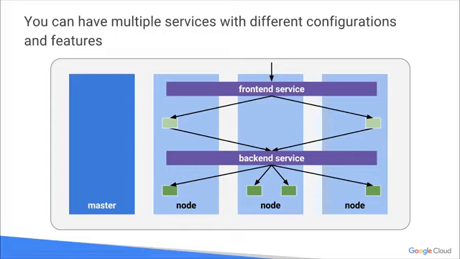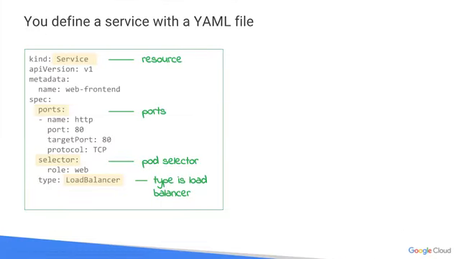They run with usually a load balancer, Google Cloud Load Balancer, which will let you detail what GCP API you use. Again, a definition in a YAML file will tell you the resources, the pods you'll be using, and then the pod selector, and then the type of load balancer you'll be applying to this.